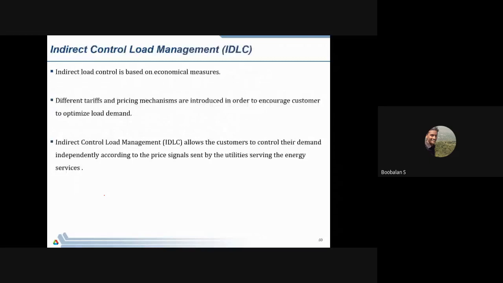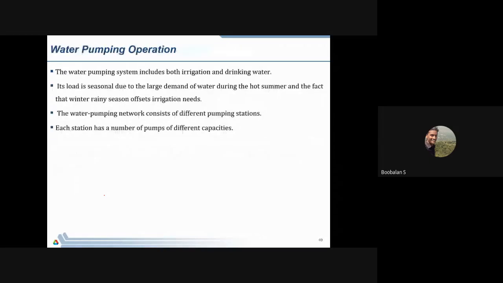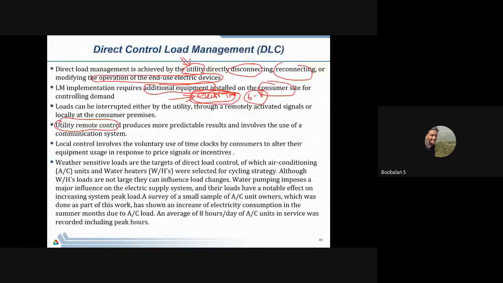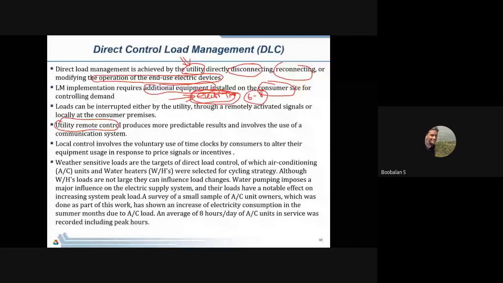And we'll go with one more technique, that is called the indirect method. So the direct method, if you watch carefully, definitely we need to purchase a new controller or maybe IoT based devices, so directly you are just going to cut off electricity on my customer side. This is my first thing, that is called direct control. We are just going to directly disconnect your electrical appliances, or we are reconnecting your electrical appliances directly.